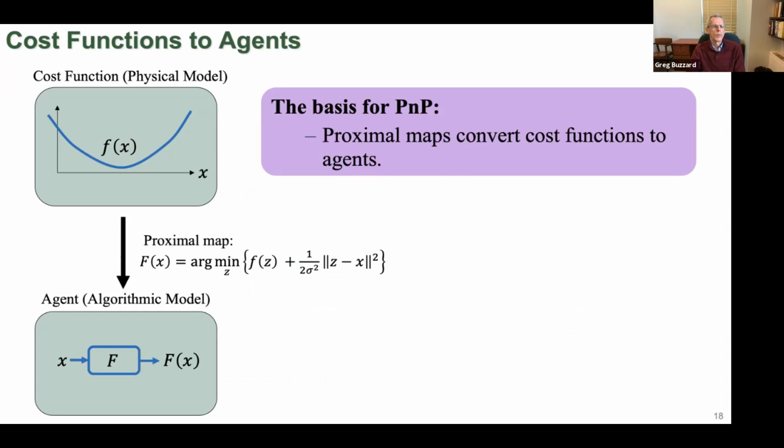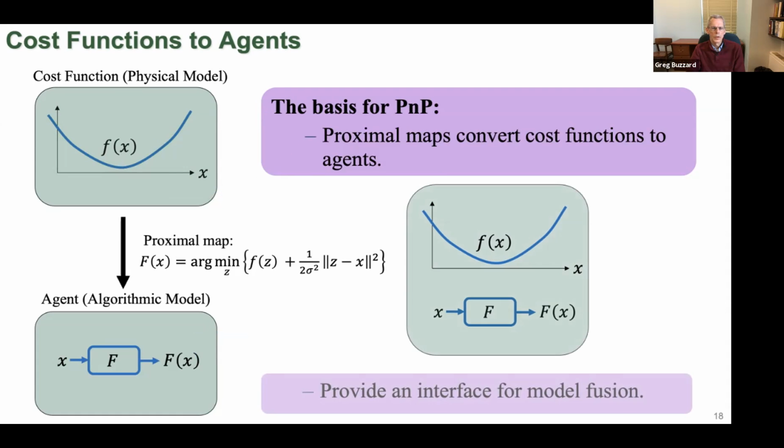Okay, and so remember, one of the problems with the Bayesian formulation is that we'd like to be able to use these algorithmic models, but the Bayesian formulation relies on these cost functions, but the proximal map gives us a way of converting cost functions to input-output relations. So here we had some cost function. The proximal map takes an input and uses it to produce an output, this minimum, or this regularized minimum of little f. Okay, so this gives us a way of fusing these two different model forms that we can use in the plug-and-play algorithm.